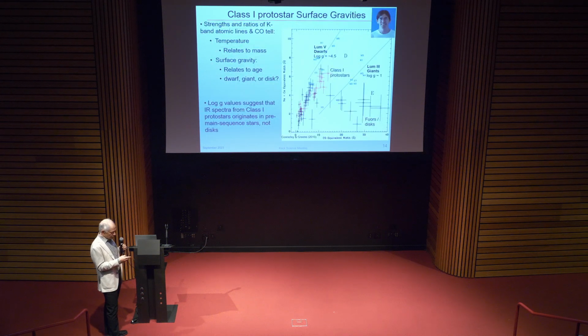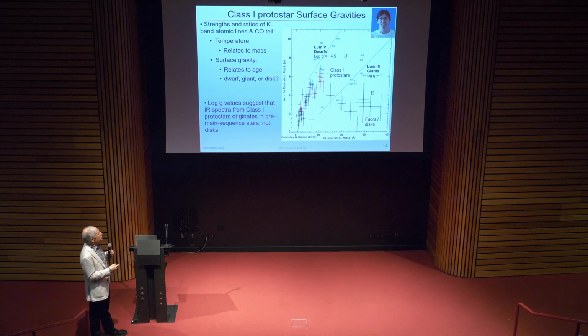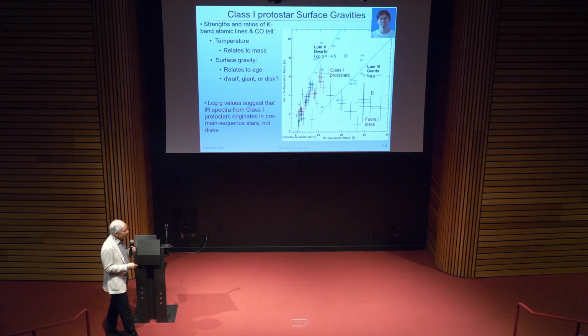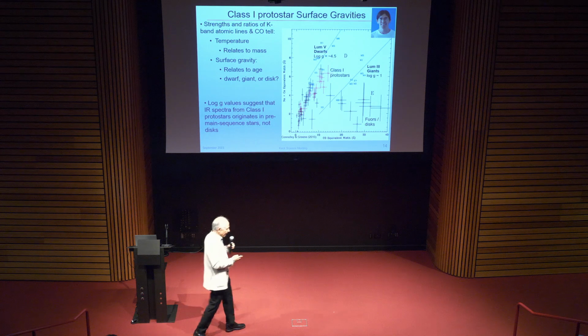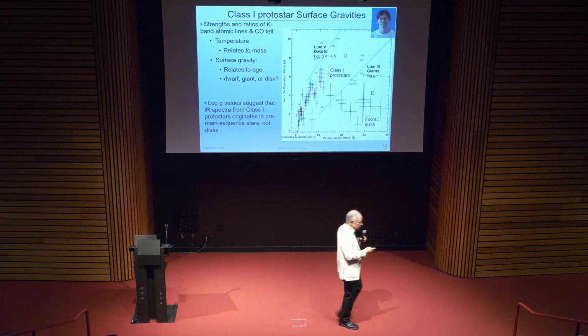This is sort of showing where their surface gravities are. So these are dwarf stars here. This is a diagram of two near-infrared line indices in the K-band, looking at the molecular equivalent widths versus these atomic ones. Low gravity objects, including giant stars and these FU Orionis objects that are disk-dominated, are out here. The Class 1 protostars are these red objects here, and the dwarf stars are here. So they have a gravity that's intermediate. It's what you would predict for pre-main sequence stars, so it's starting to calibrate the initial stellar status of these